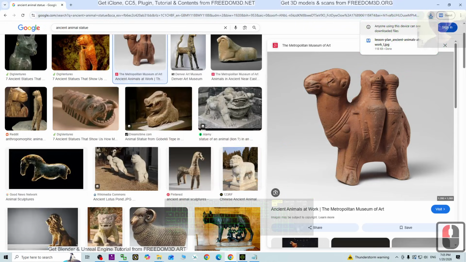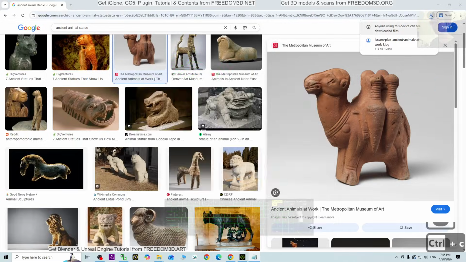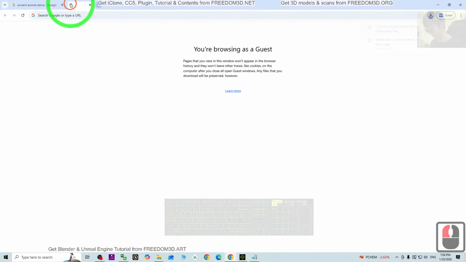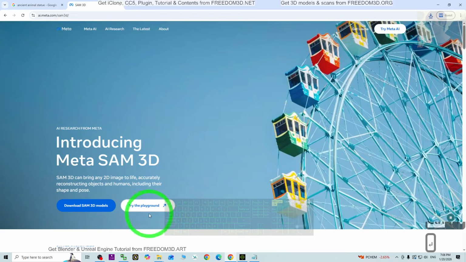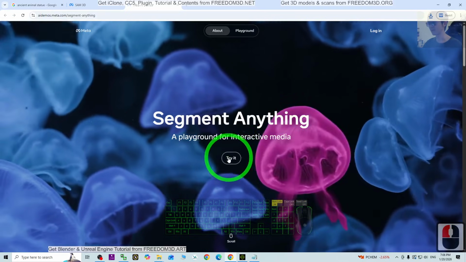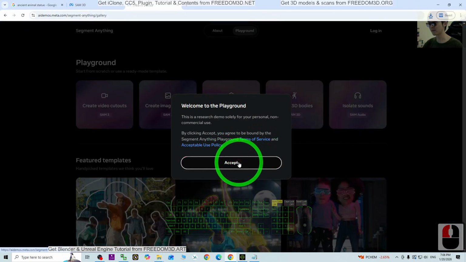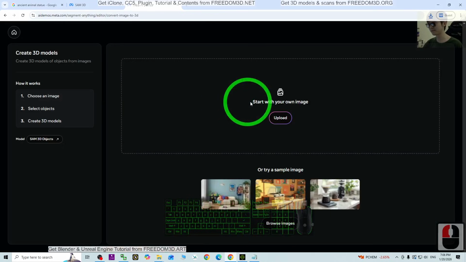Next, go to my video description and click the link provided by me, the aimeta.com SAM3D, this one. Click and it is going to open in a new tab, and then just click try the playground. Click try it, accept, click create 3D scene, add here, then just click upload